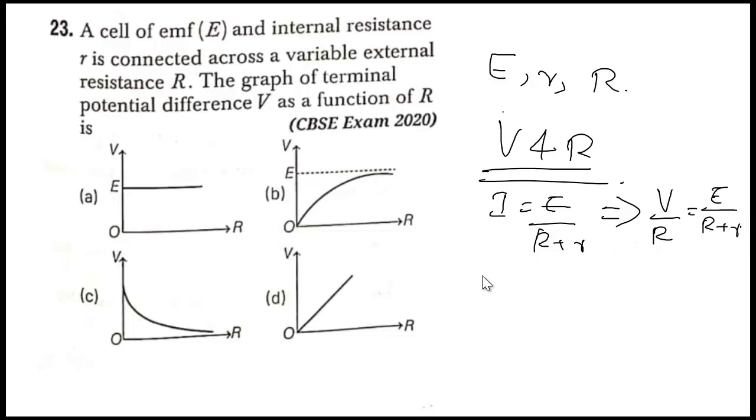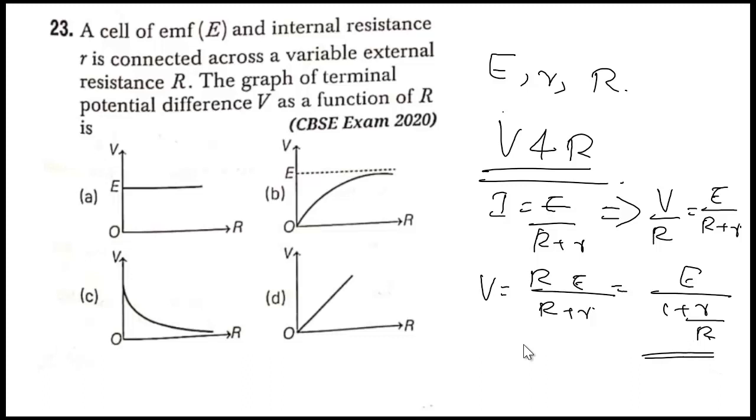So here V, I can write it as V equals R E by R plus r. Or we can write it as E divided by 1 plus r by R. Like that we can write down. If R is equal to 0, what will happen? 1 by 0 equals infinity, and then V will be, if R is equal to 0, 1 by infinity will be equal to 0. Here it is 1 by 0, infinity, 1 plus infinity, 1 by infinity will be 0. So V will be a value which is equal to 0.